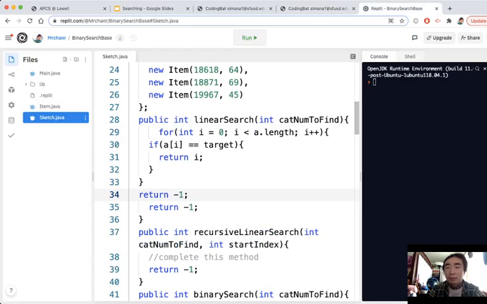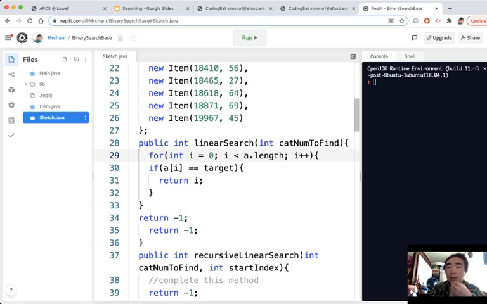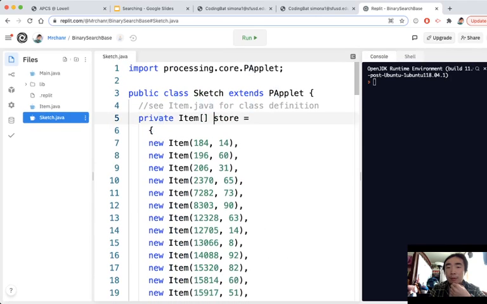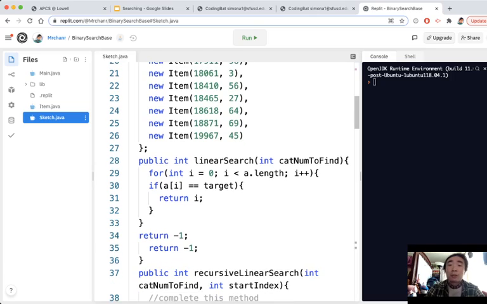Okay. The for loop, this part can stay the same. I still have to cycle through my entire array. My array, though, is not called A in this example. It is called store. Okay, that's my array of items. So instead of a.length, this part will change to store.length. Okay, i++, A becomes store. This is store. Okay, and does that equal target? Well, my variable that I'm looking for is not called target. It is